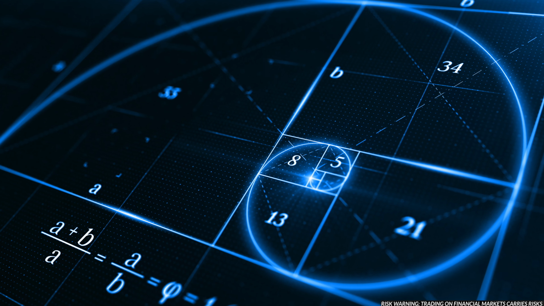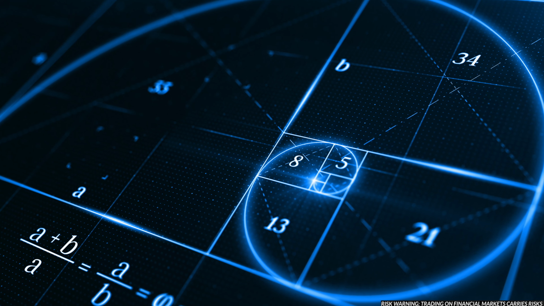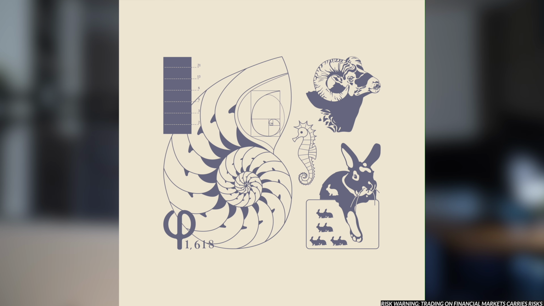Fibonacci was an Italian mathematician who introduced a sequence of numbers that bears his name. The Fibonacci sequence is a series of numbers where each number is the sum of the two preceding numbers. This sequence appears in many natural phenomena, such as the growth patterns of plants and the breeding habits of rabbits. And the Fibonacci sequence is important in mathematics and has many applications in different fields, including computer science, biology, and